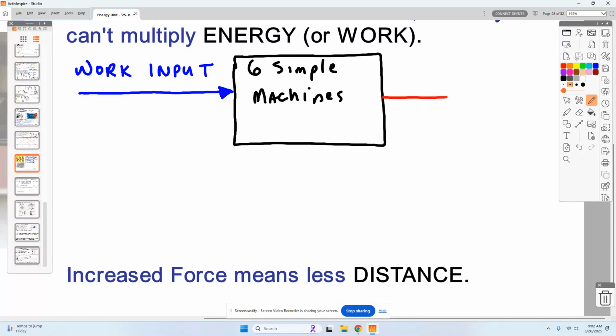So let's use some color coding to show that. Now we have work on the output. Kayla has used a jack to lift up a car before. Kayla exerts a force on the input side